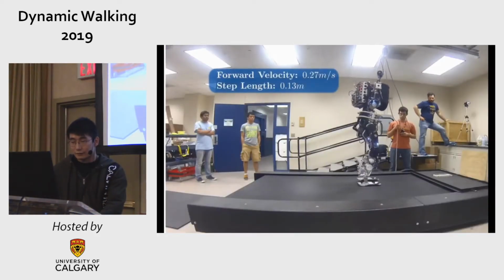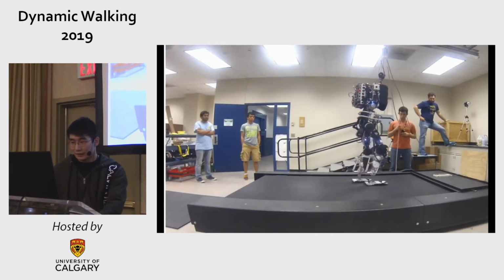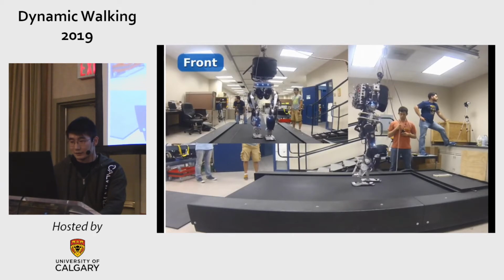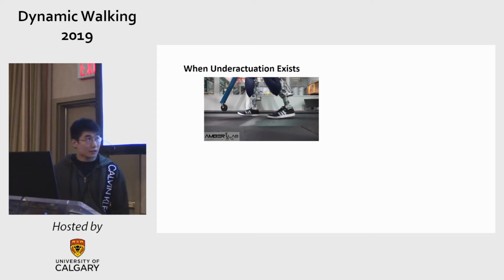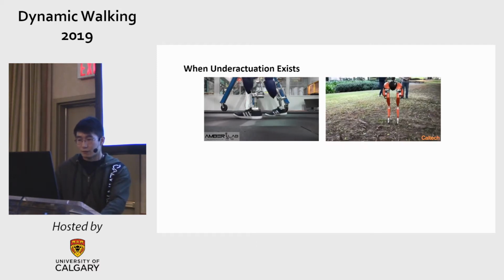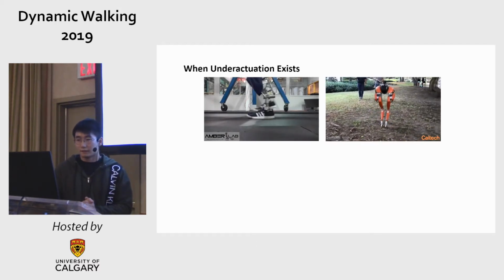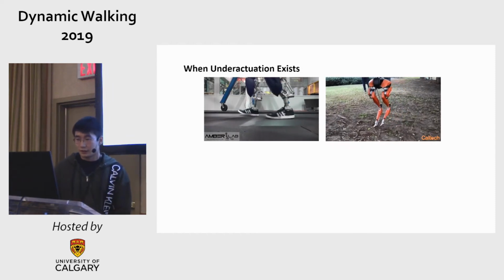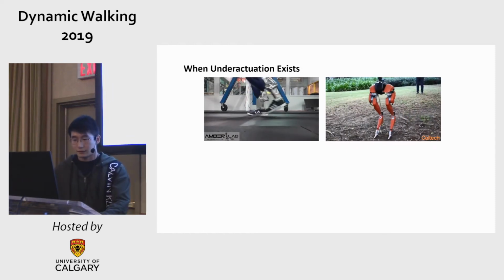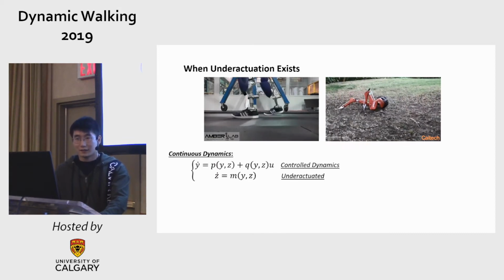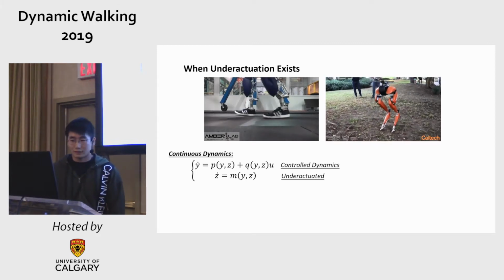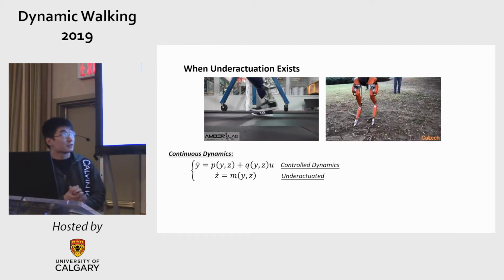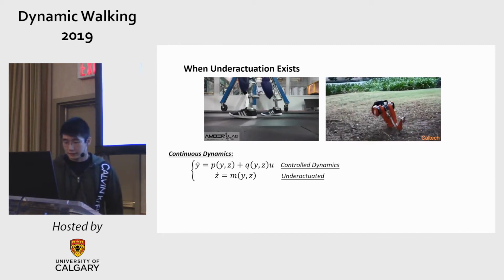So if you do that right, and if you are lucky, you can get walking, but that doesn't always happen because there is always underactuation, right? When the robot is doing this kind of heel-to-toe walking, it is underactuated about the foot roll. And if you have a robot with very small feet, for example, Cassie has no actuation about the toe roll, so that is also underactuated. For this kind of behavior, you can decouple the continuous dynamics into two parts. The first one would be the controlled dynamics, where the input U, the torque, appears, and the second part would be